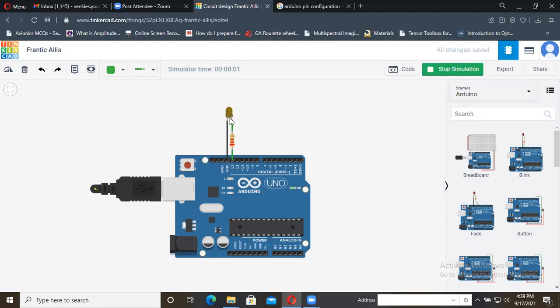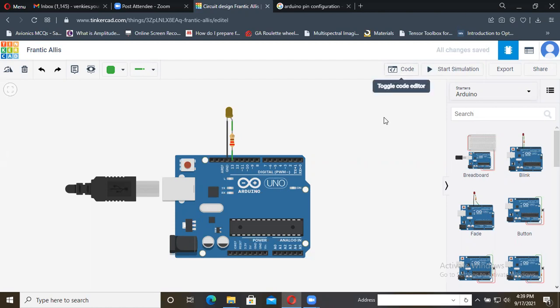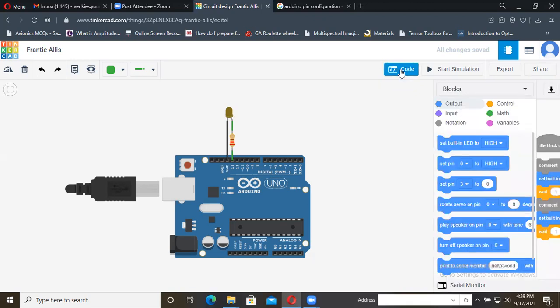Okay, so the LED starts blinking. Why is it blinking? I have made a code based on this. For example, if you observe the code, I am stopping the simulation. If you connect this Arduino board according to this, the code will create itself. You don't need to write any code. Automatically the code will be created, so you can verify this.